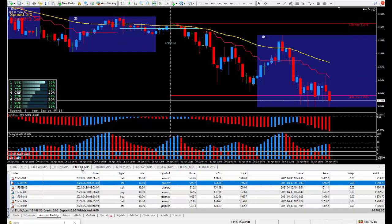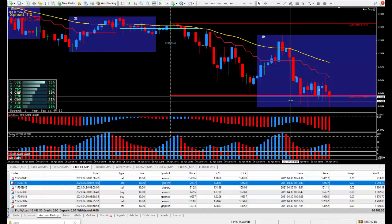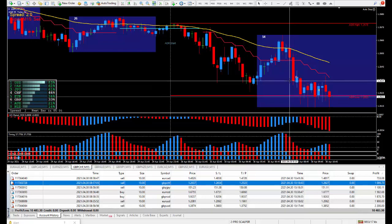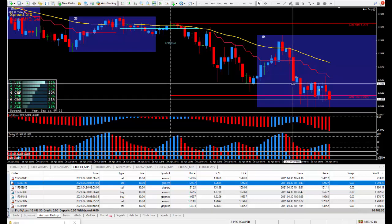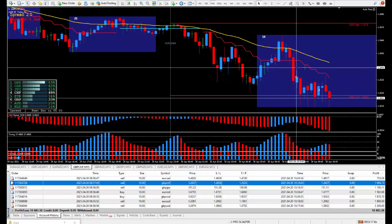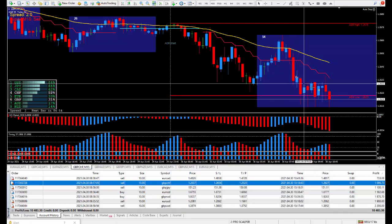Pound Swiss. Drag and drop it up, see where I got in at. Another perfect example of a great way to trade right from this candle. This candle was a trigger, and this candle here was a little stronger trigger, and that's why I pulled the trigger. I knew I was going to get some pips